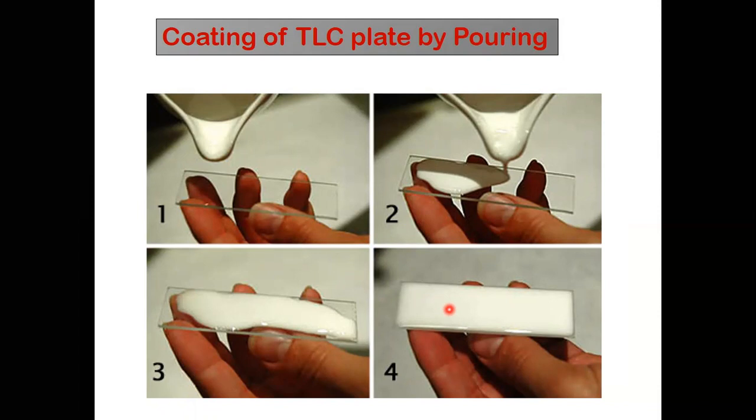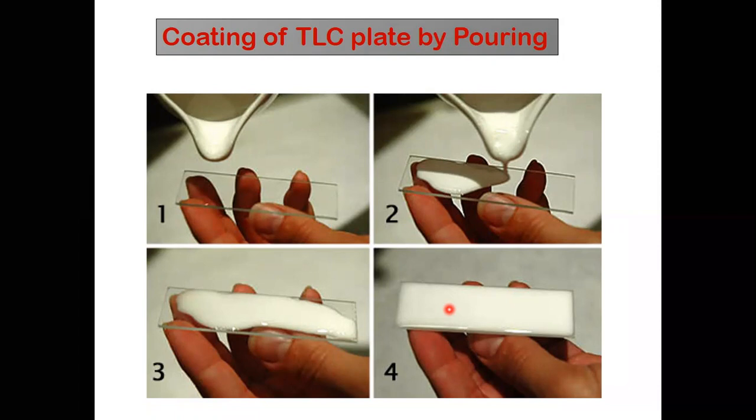So first step is pour the slurry on the glass plate and move the plate around to spread the slurry evenly on the glass plate and to form a thin layer of the stationary phase. During this process, make sure that there should not be uneven spot on the plate. Main drawback of this method, it is a time consuming method because at a time you can coat only one slide